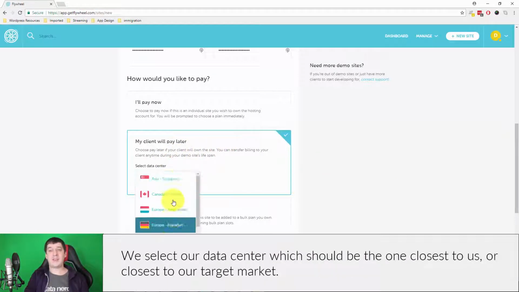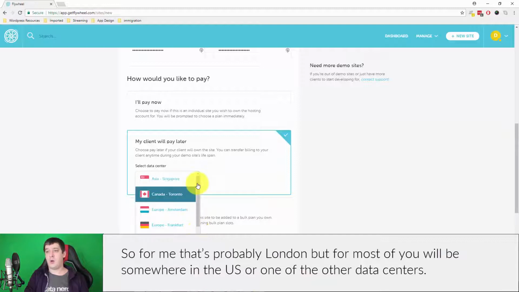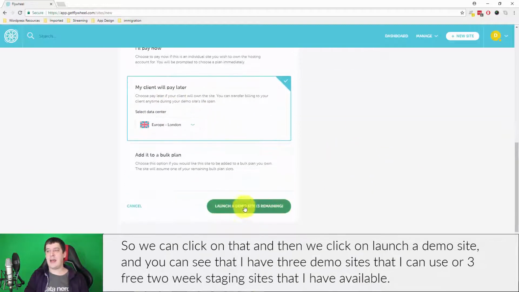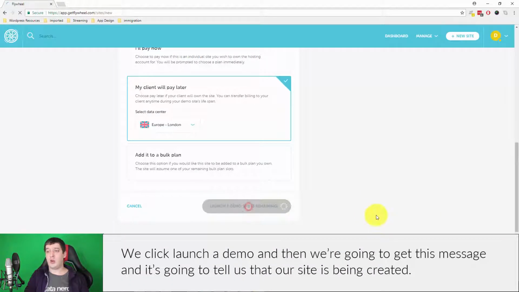We select our data center, which would be the one closest to us or closest to our target market. So for me, that is probably London, but for most of you it'll be somewhere in the US or one of the other data centers. So we click on that, and then we click on launch a demo site, and you can see that I have 3 demo sites that I can use, or 3 free 2-week staging sites that I have available. We click launch a demo,